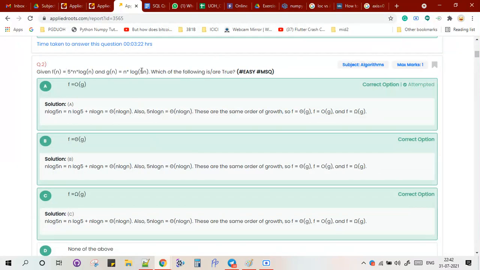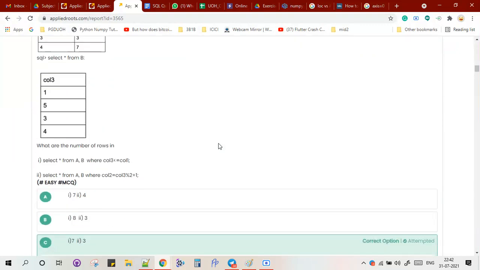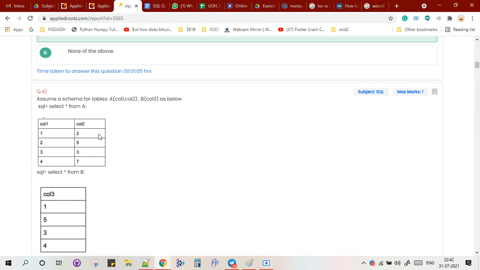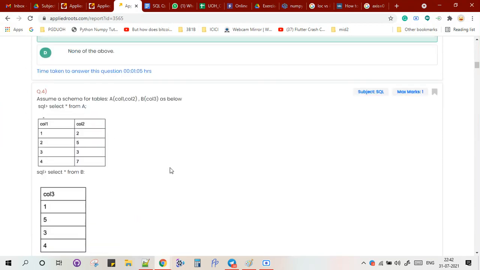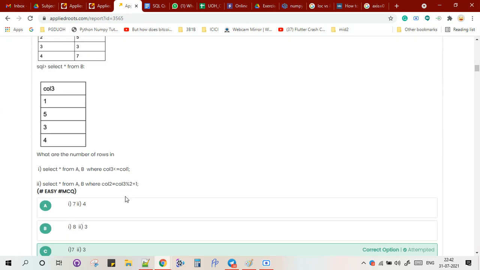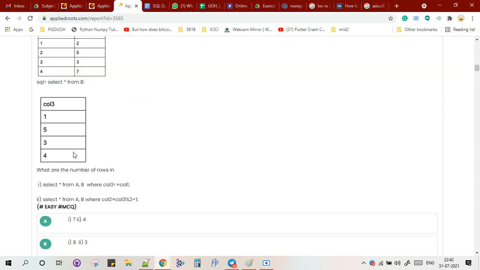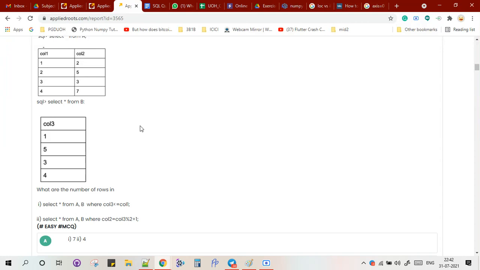Okay, we discussed this in the live session also today, and this was a problem. There was a problem there. Okay, 7 and 3. Is there any doubt still? Because this is the hardest question that I think we have in SQL, as per my knowledge. This is the hardest, because I first marked 7 and 4, then I realized it's 7 and 3. Guys, does anyone have any doubt in this question? We discussed this in the live session also at 7 p.m. But still, if you have any doubt,